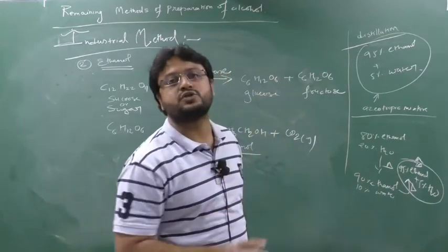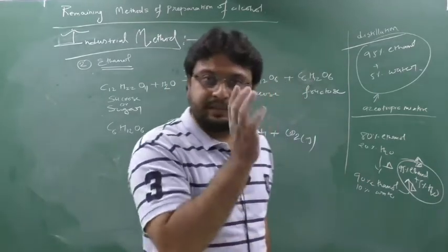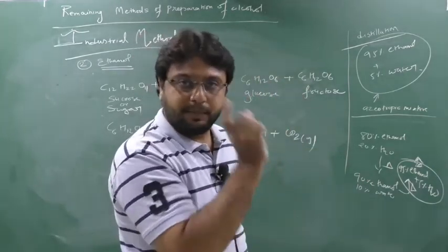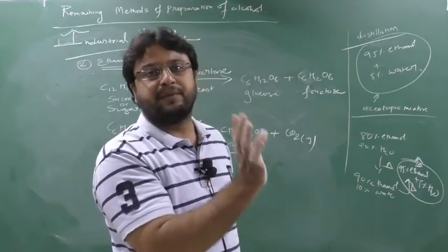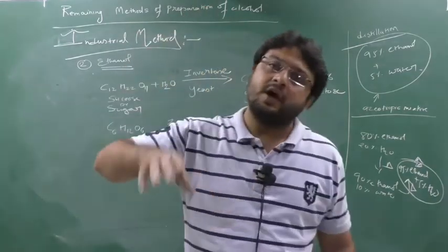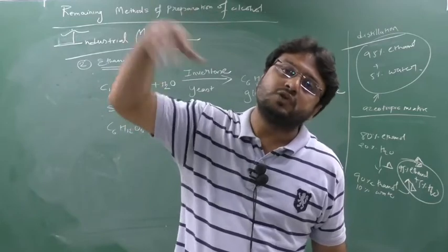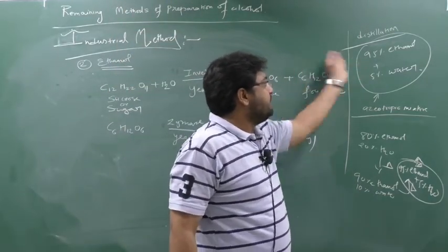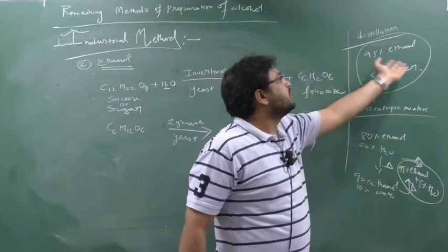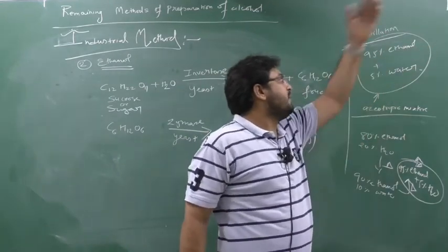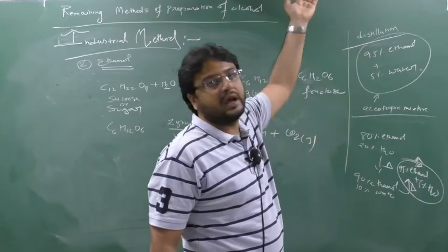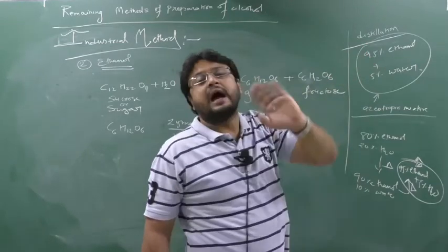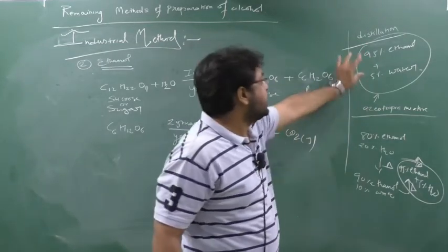So such a type of mixture is known as an azeotropic mixture. When this type of mixture is heated, both components present in the mixture will start to evaporate. So when I heat this 95% ethanol and 5% water and start the distillation, ethanol will form a vapor and water will also form a vapor. This means I cannot obtain pure ethanol beyond 95%. So this is my azeotropic mixture.